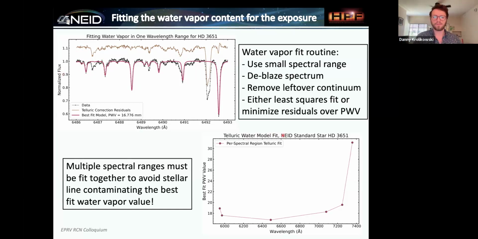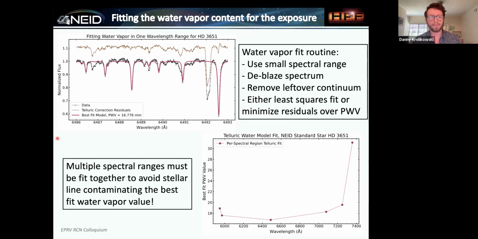For HPF in particular, I've also looked into casting it not as a least squares but more like a least residuals, based on the ratio of the model and your data, to even further reduce effects of continuum mismatch,